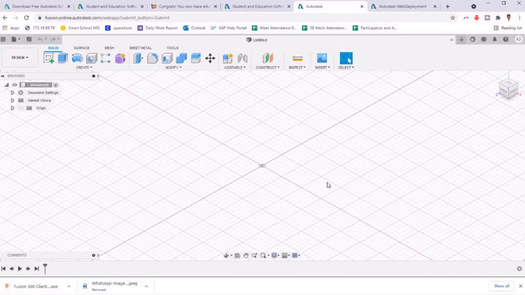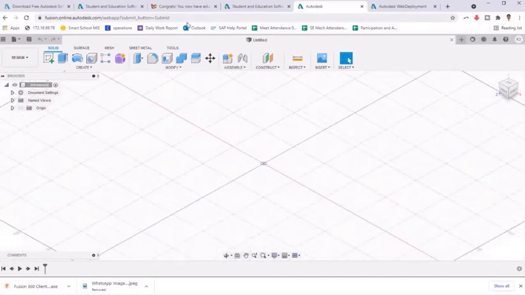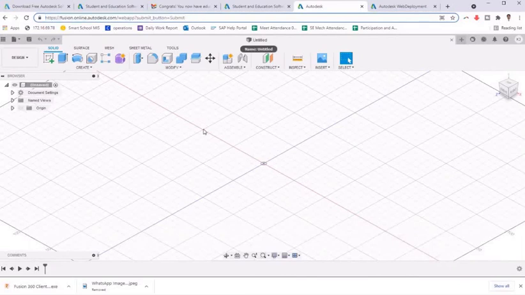You just open fusion.online.autodesk.com, use your registered email ID for login, and you can directly use Fusion 360 through the browser. Now this is ready for use.